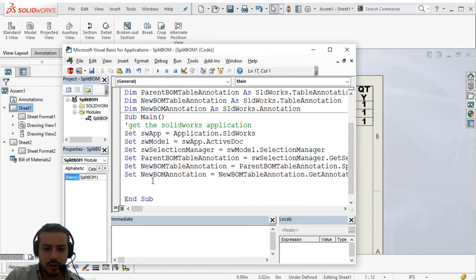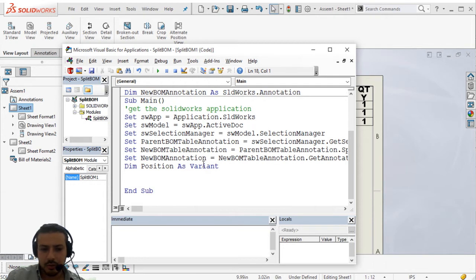Now we are going to define a variant as position. This will be the array that gets the x, y, and z coordinates. So position will be equal to new BOM annotation